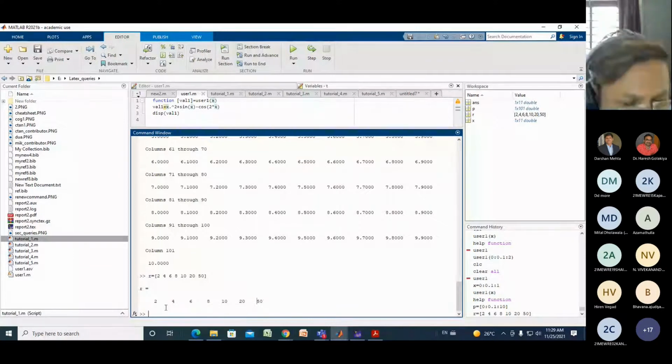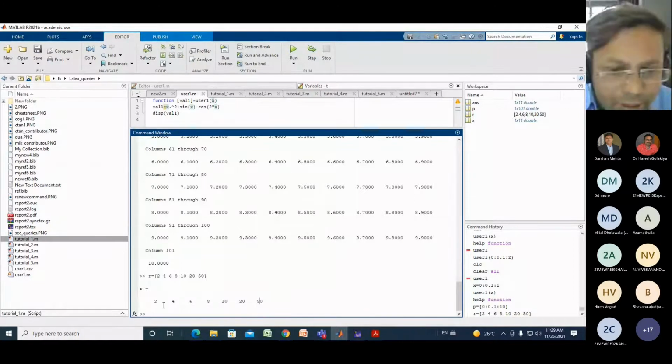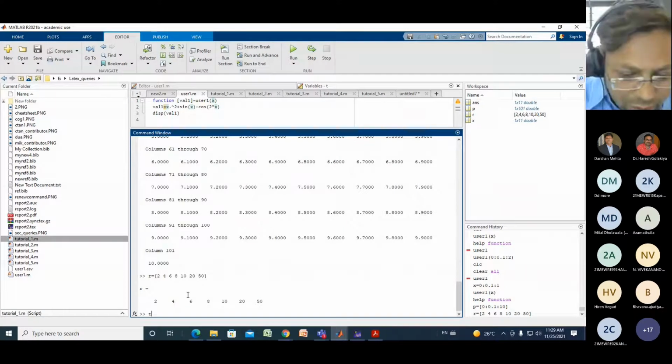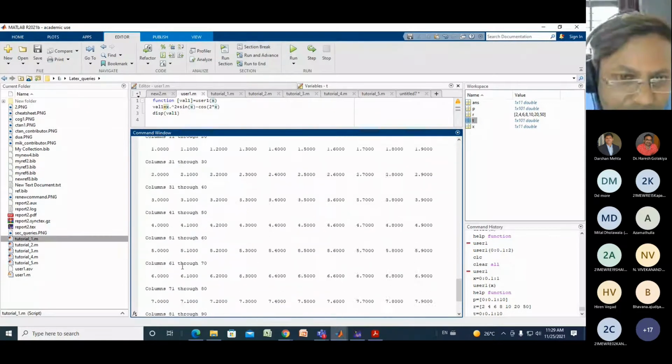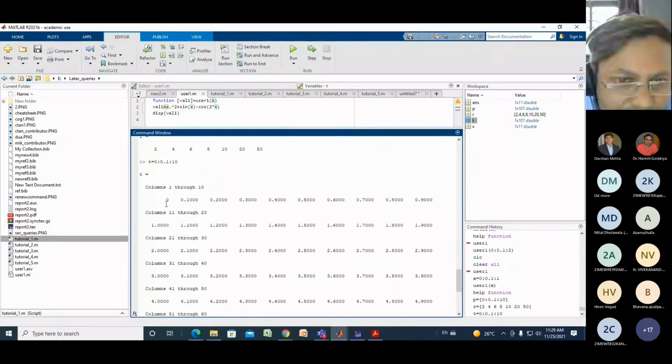Okay. Now MATLAB always takes each variable as a column. I will show you. See, here you can write t equal to 0 colon 0.1 colon 10, right? So here MATLAB treats each variable as a column.